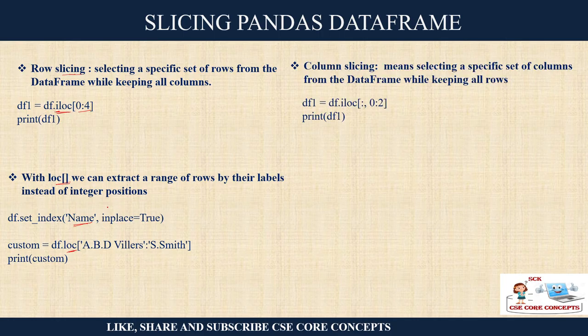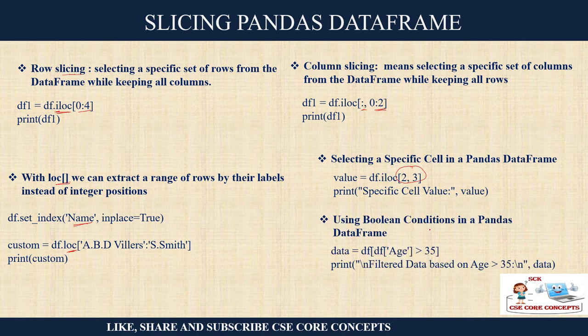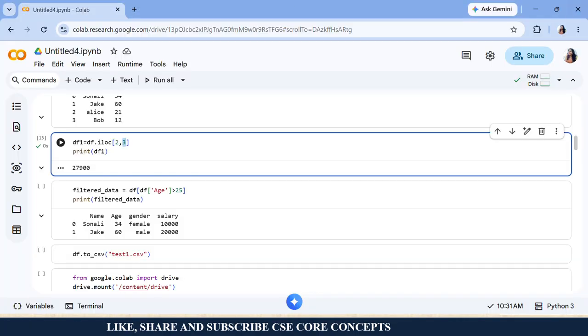Similarly, you can perform column slicing, but here it's a little different because the first argument is a colon, which suggests that you want to see all the rows. In case you don't want to see all the rows, then you have to mention the row range, and this part is about your columns, which columns you want to view. Then you can view specific cells also if you do not want to see a huge range. And of course, you can do slicing based on a certain Boolean condition, which we have already seen in our previous video, that is, how we can extract only the data we are interested in based on a condition. So let's have a brief look at these features.